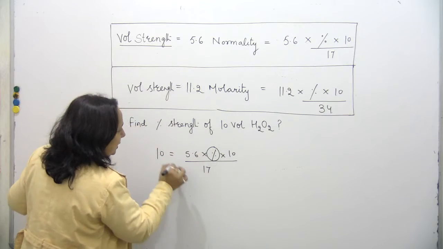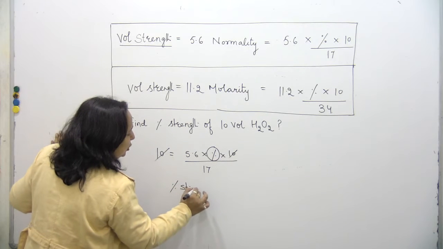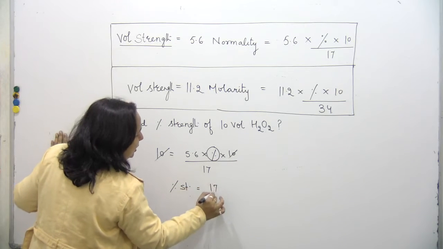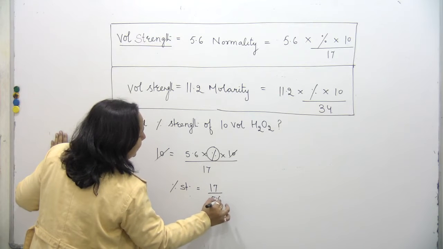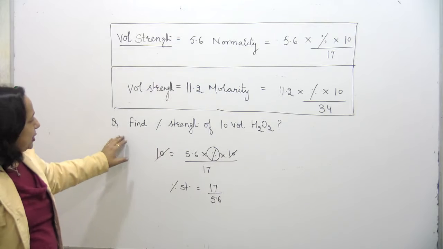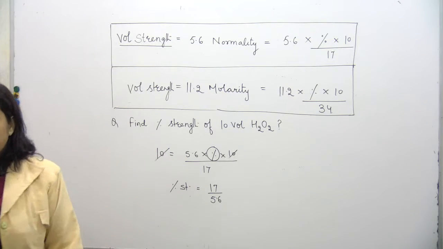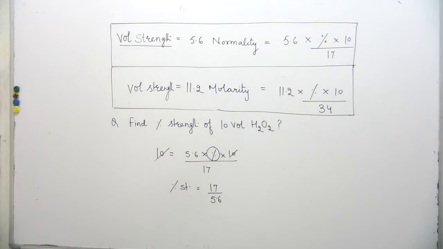It means the 10 and 10 cancel. Percentage strength of this numerical is going to be 17 upon 5.6. That will be the answer. Question is clear? In this question, we want to calculate percentage strength from volume strength. Another numerical we can have is